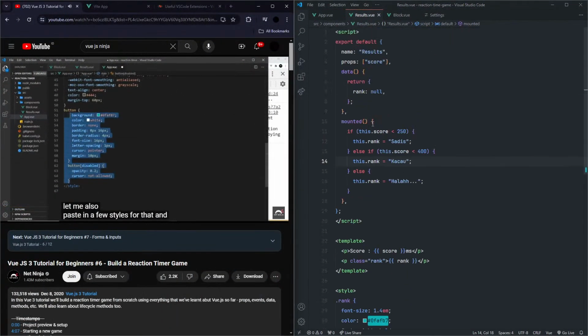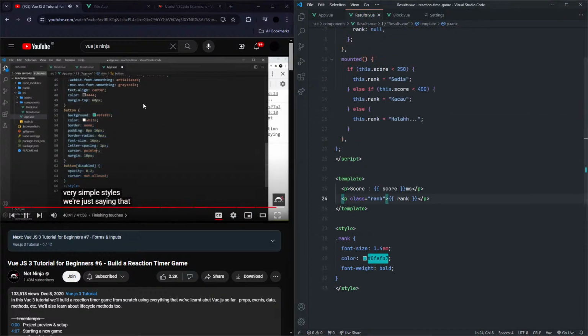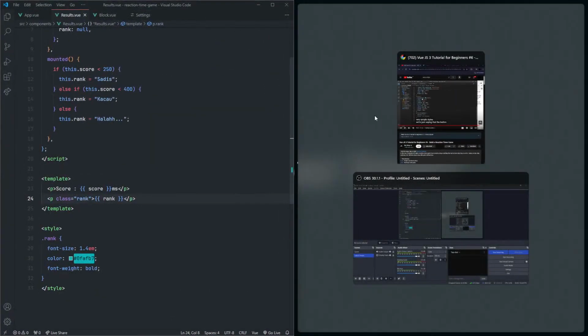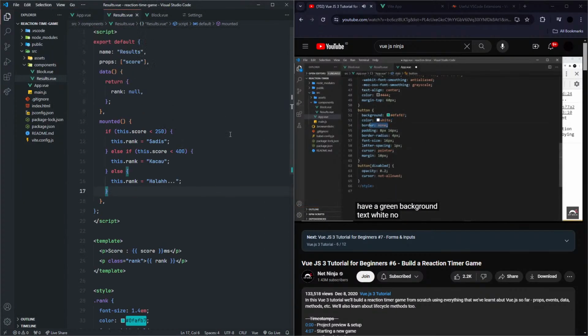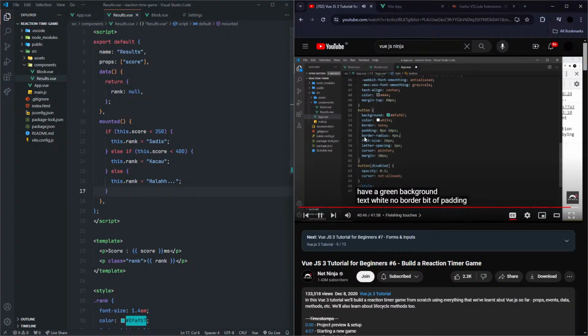And the very simple styles, we're just saying that the button should have a green background, text white, no border, bit of padding, border